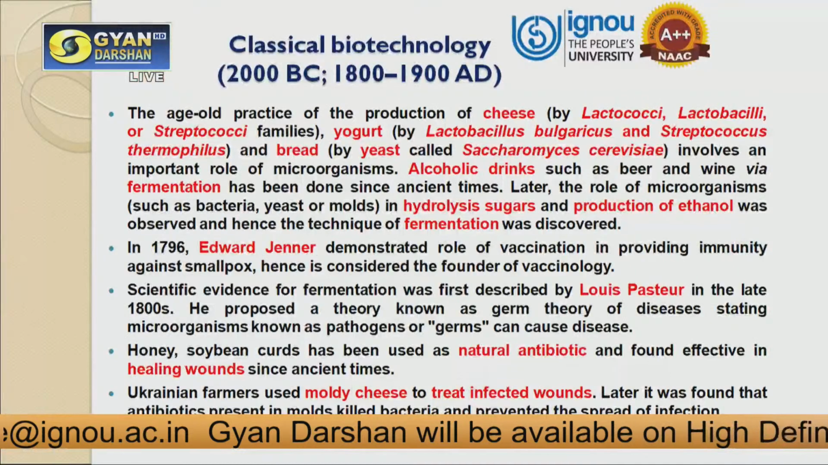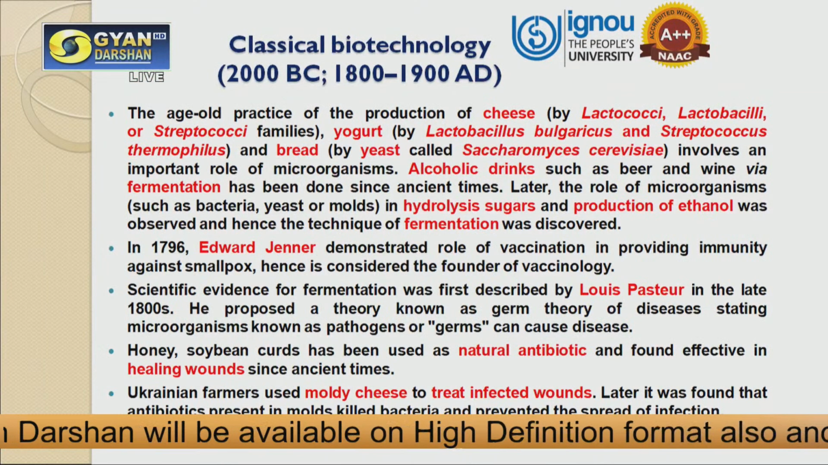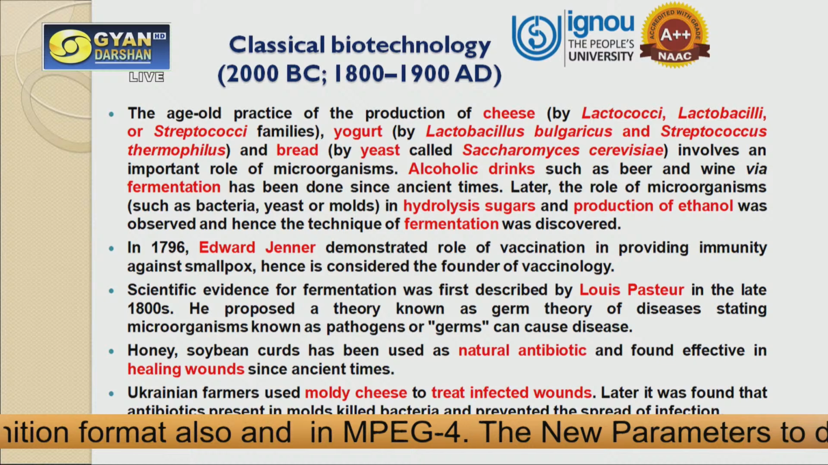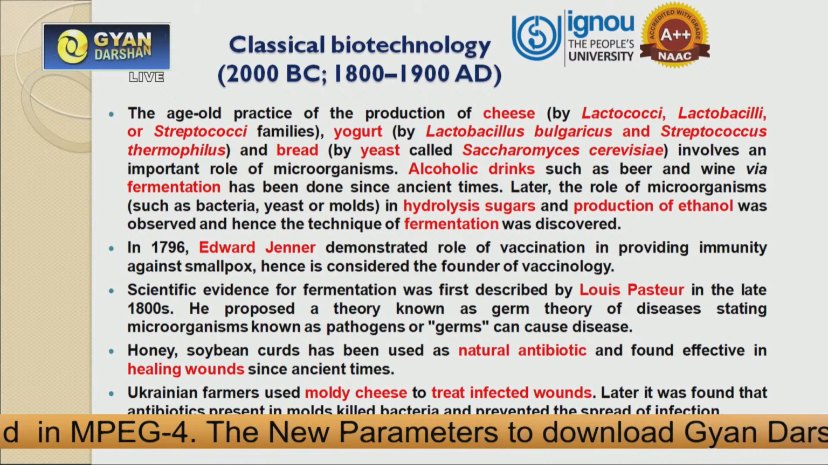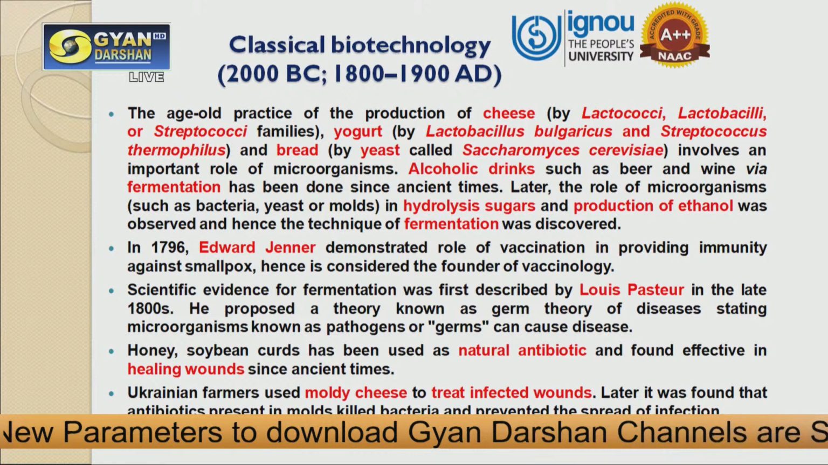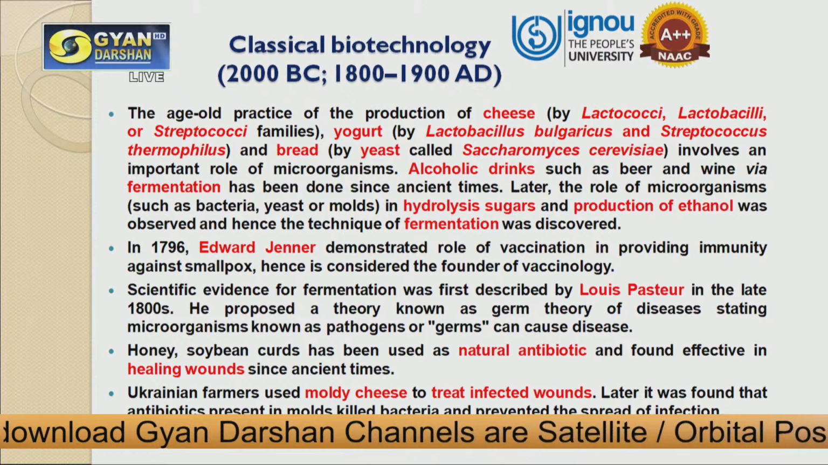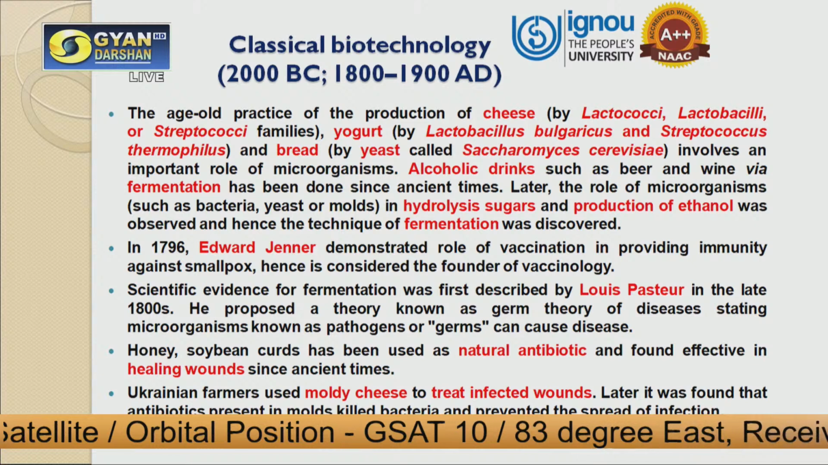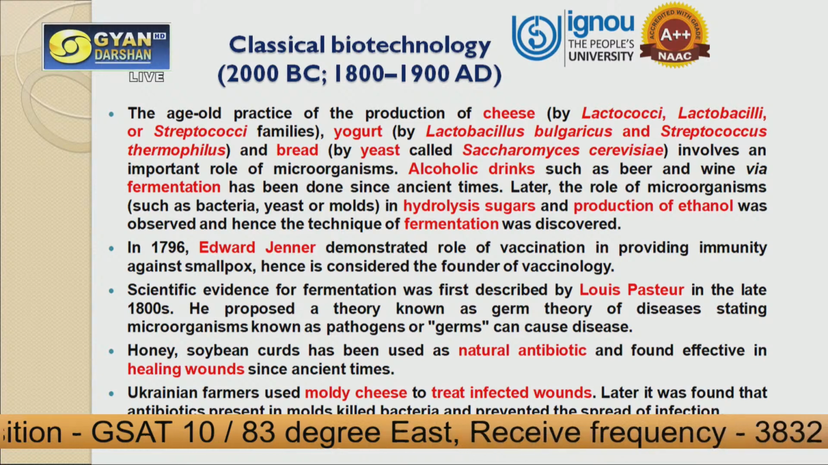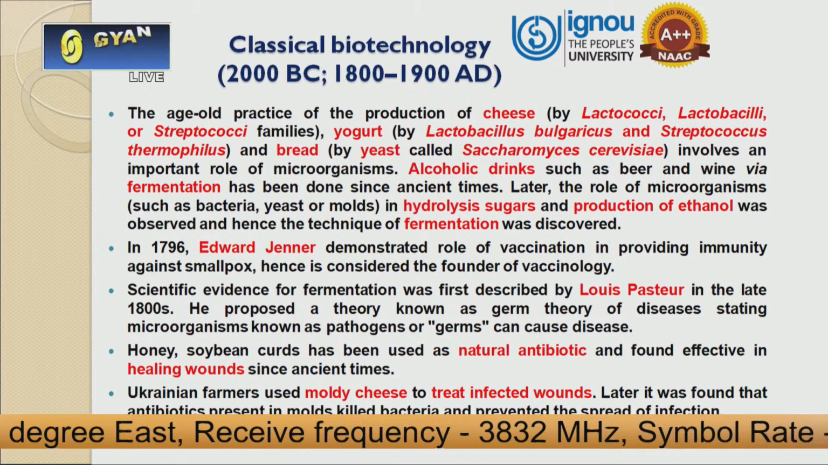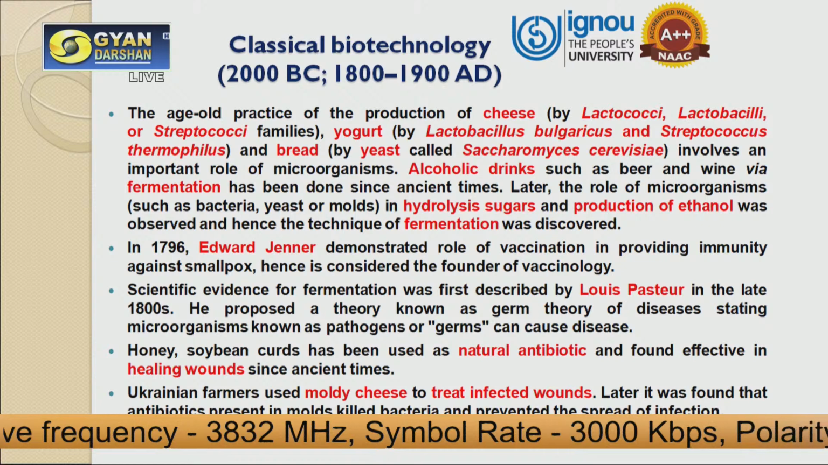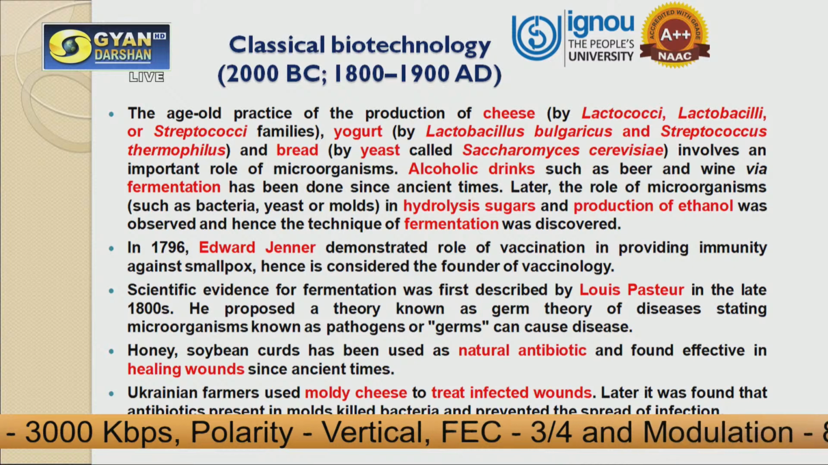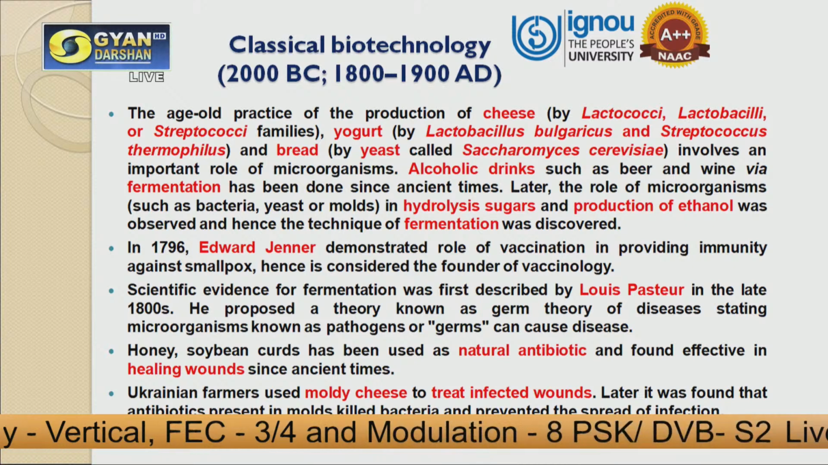After ancient biotechnology, which was long back, comes the era of classical biotechnology. Classical biotechnology can be placed during the period of 2000 BC to 1800 to 1900 AD. The age-old practice of production of cheese, yogurt, bread. You know that these things are not new. These have been made since a long time. But at that time, humans were not aware whether any microorganisms were involved behind the production of these products. With the invention of